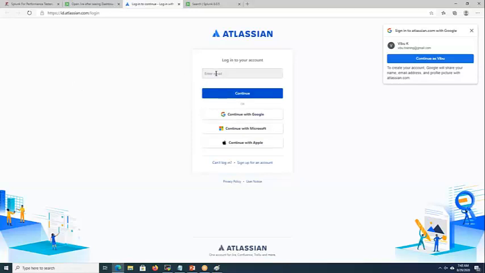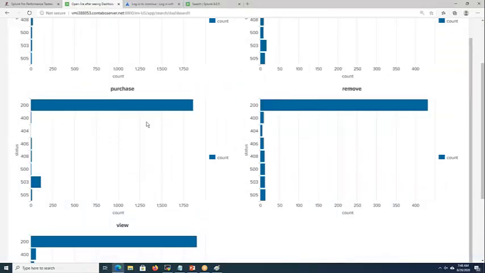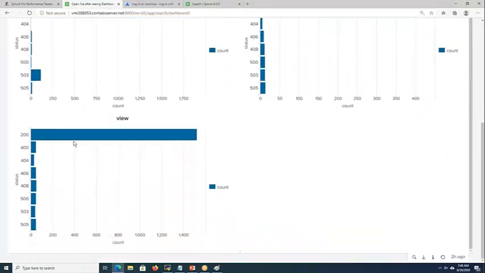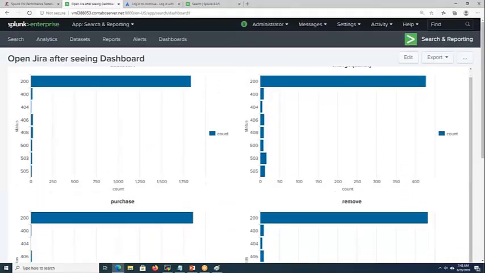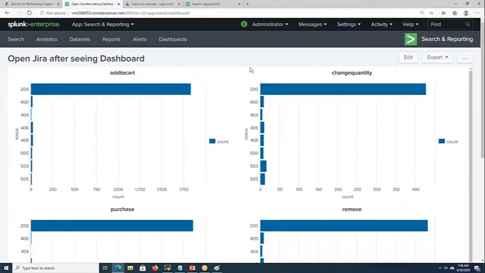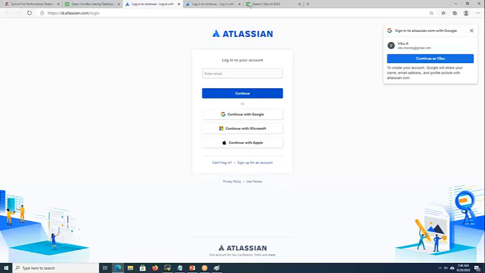So if I have my Jira with SS4, I will directly log into the Jira. If you are a tester seeing this dashboard, or a production support person who wants to raise a ticket, you need not open Jira separately. We can directly link it in Splunk itself, and whenever we click this, it will open that corresponding Jira URL.